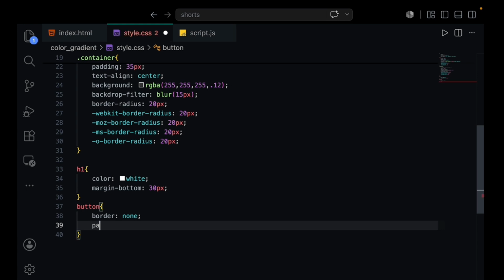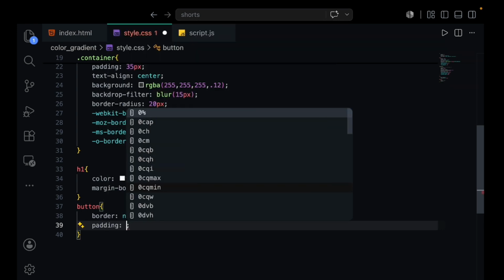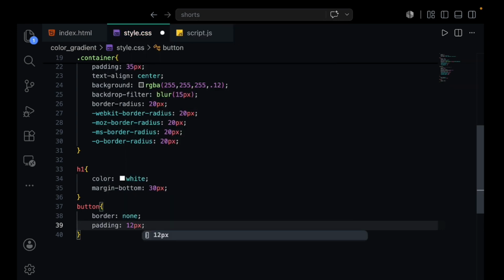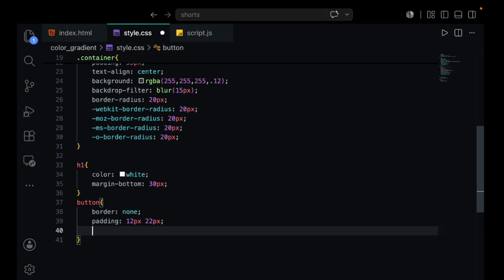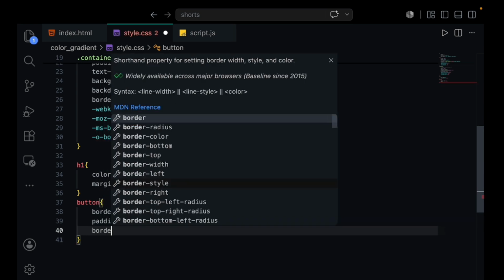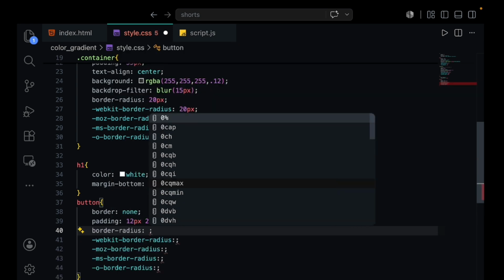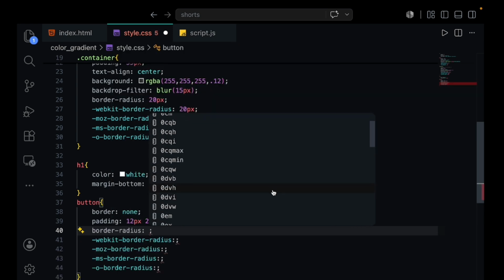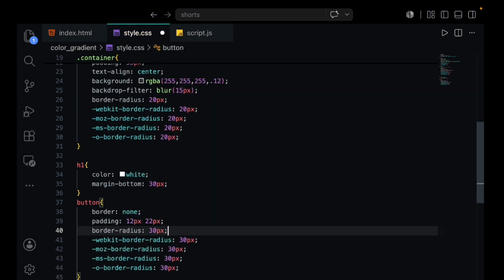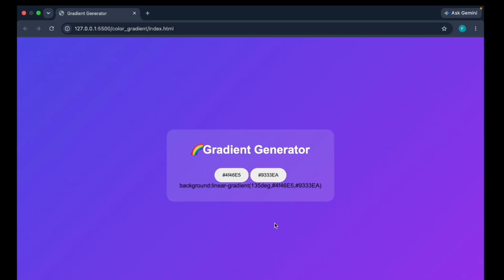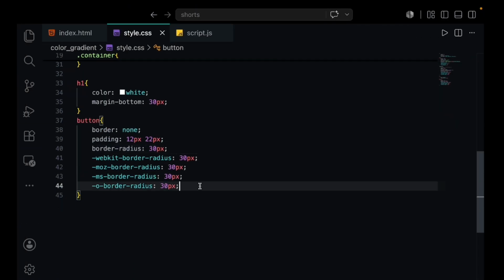Then we have padding, which is going to be 12 pixels and 2 pixels. Also we have border radius. Let's give it 30 pixels. Okay, let's see. It looks good.